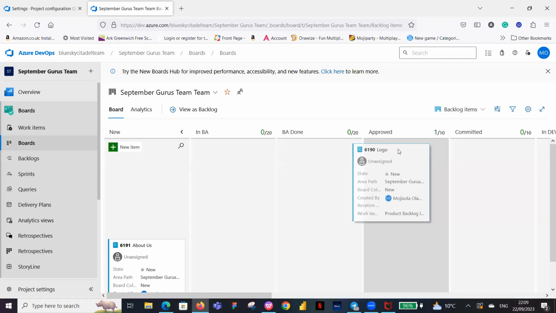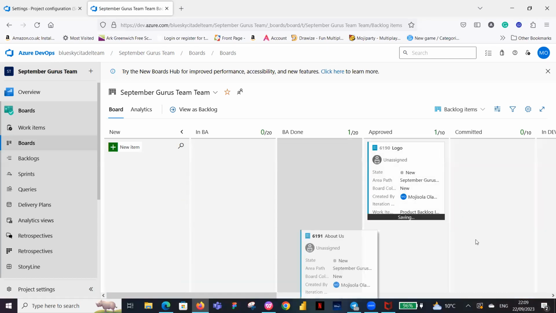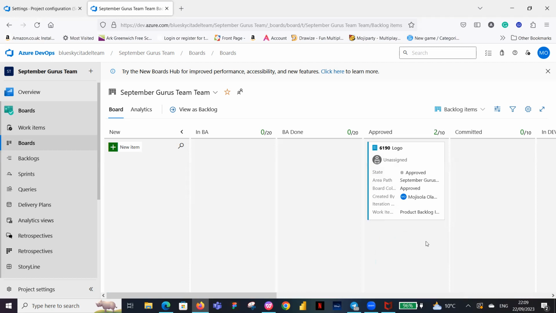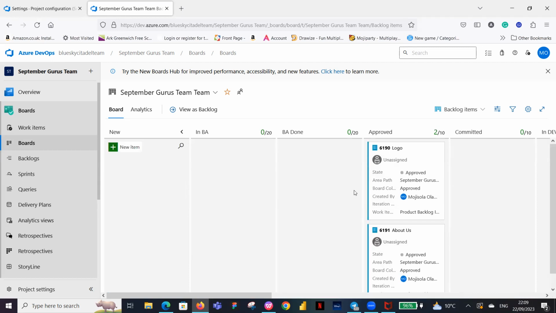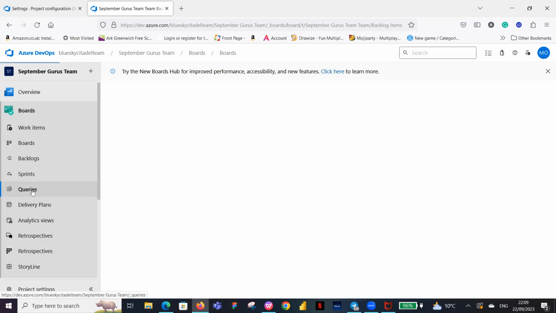So let's assume our stories are in the approved column. These are the stories that the PO wants us to work on. I need my team members to be able to estimate, so I want to make sure that they are able to see this. So I go on query. Query again is on your left panel. You can see it underneath the sprint. You have query there. So when you click on that,